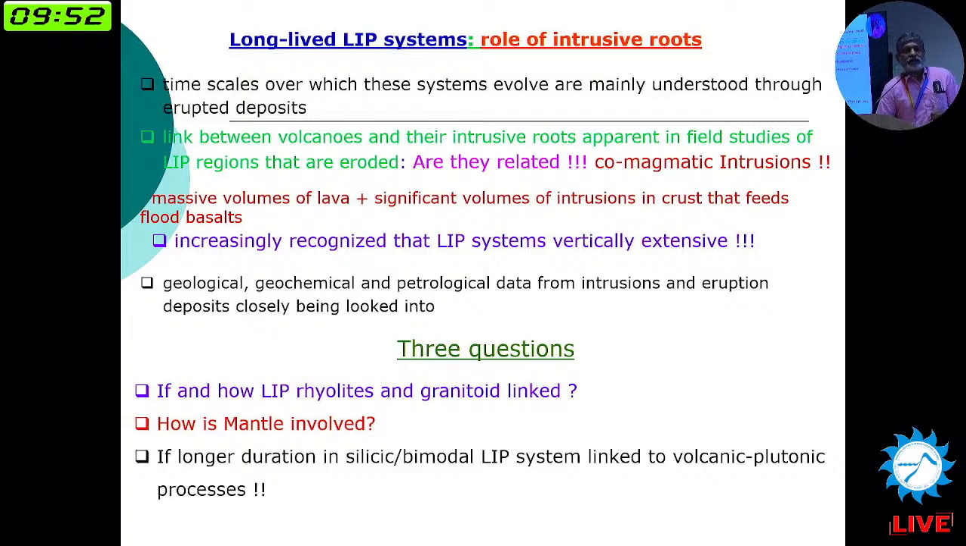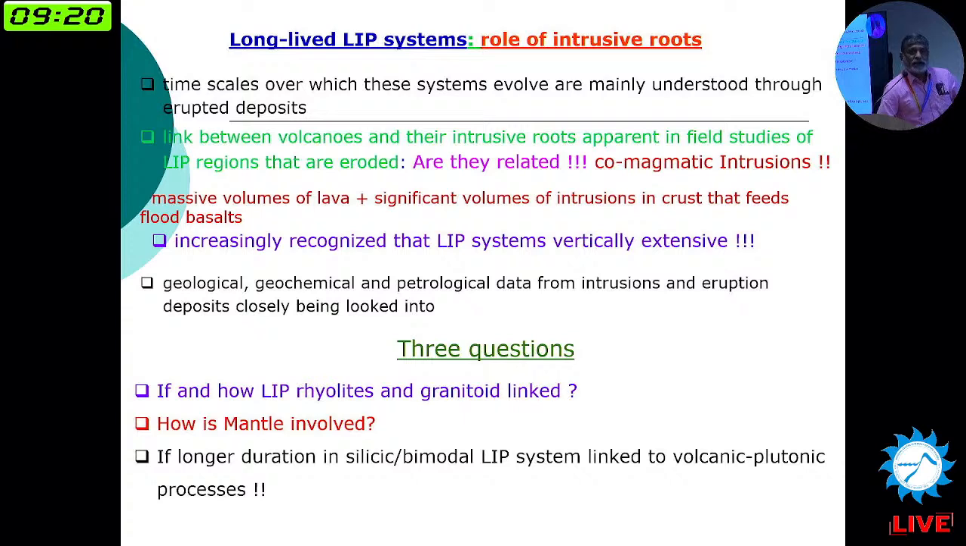Now, the question has come whether these plutonic rocks are linked to these eruptions. These questions are haunting the LIP community, and it is being increasingly recognized that the LIP system probably extended vertically. Geological, geochronological, and petrological studies are now in focus on how to decipher this link. I was trying to find out if these three questions can be addressed: if and how the LIP